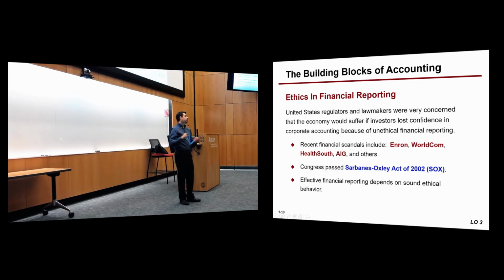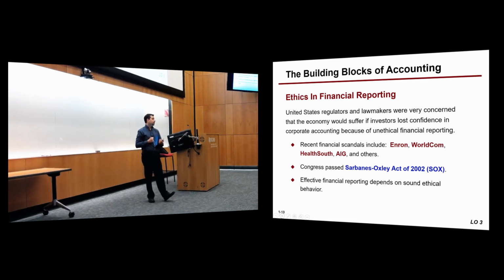And in the same way, they were afraid that if investors and creditors do not trust the accounting information, the financial statements that companies are publishing, then they might not trust them enough to invest in that company or to give them a loan or to basically give them credit. Let's say if eBay decides for a certain reason to remove that seller information, like Craigslist. Think of it as Craigslist.